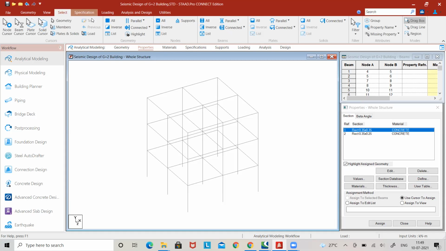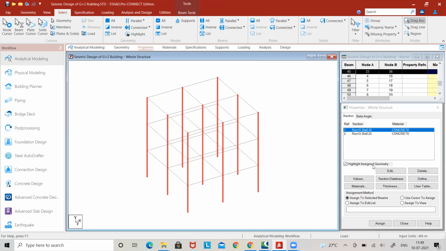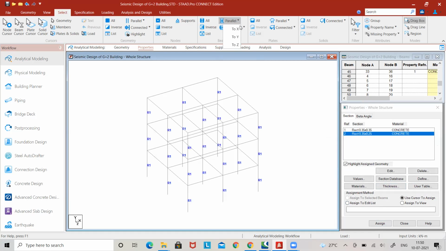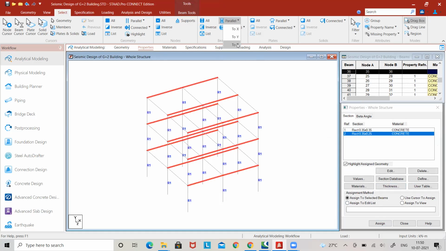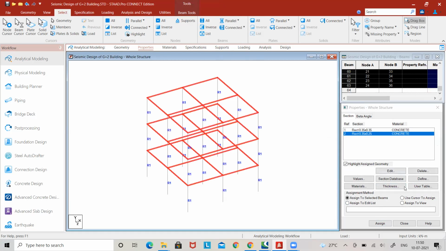So I'll select the columns which are parallel to Y direction. Select the columns, select the property and press assign to selected beams and click on assign yes. Then next select the beam property, select the beams which are parallel to X direction, select the beams which are parallel to Z direction, and then click on assign to selected beams, assign yes. So the property is assigned to all the beams and columns. Next we will go to the supports,